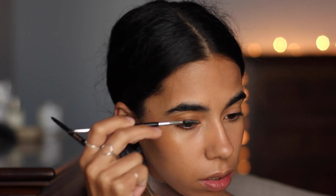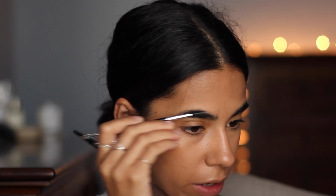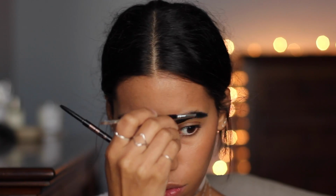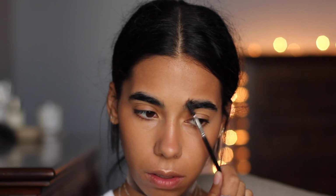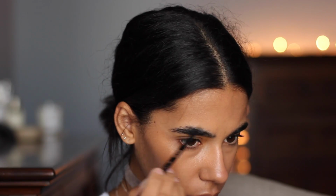Very pretty. Now the trick for the faux freckles is to warm up whatever pencil you're using. I've used all different types of pencils to try to get the most natural effect, and the only one I can find is the Anastasia Brow Wiz, which is good for me. So I'm going to do my brows first, and that will give the pencil some slip. It'll just warm the product up. I'm not going to do too much to my brows, but